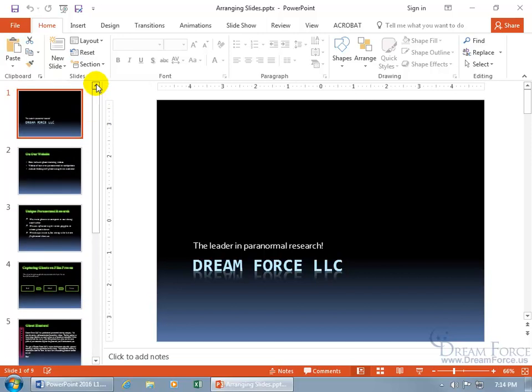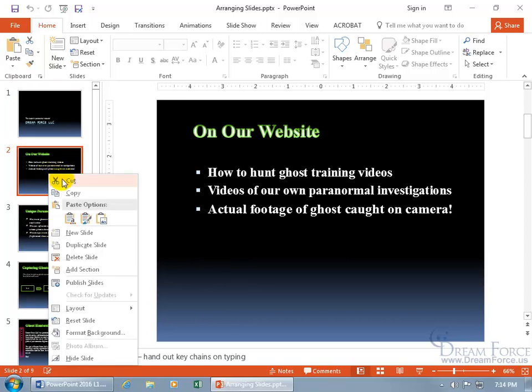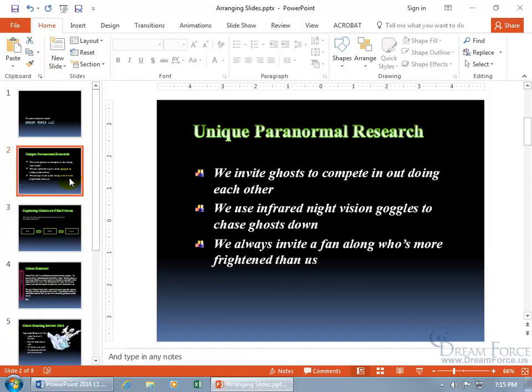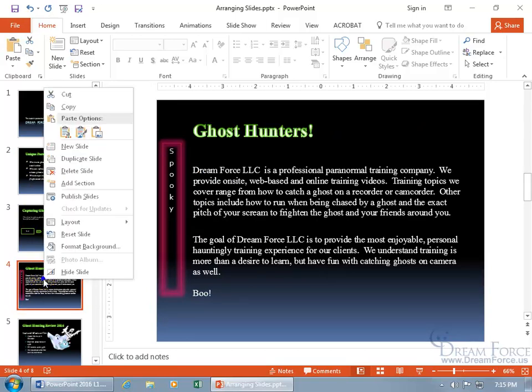We've got a total of 9, so if I want slide 2 here to be in between slides 3 and 4, you can either right click on it and cut it, or you can come up here on the Home tab, pair of scissors right there in the clipboard group, or the shortcut keys Control X. In any case, when you do cut it, it collapses, disappears because it's on the pasteboard here. So whatever slide you have selected, even if we come down here like slide 4 and we paste, it pastes it right after it. So you can paste it by right-clicking, and you get your paste options,